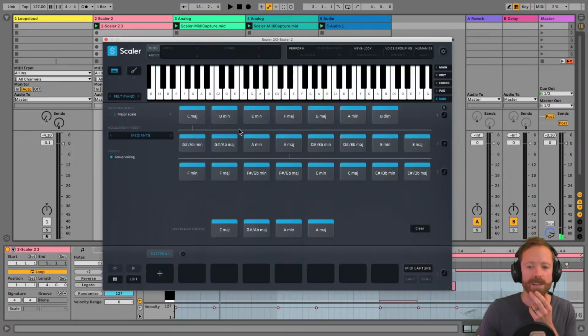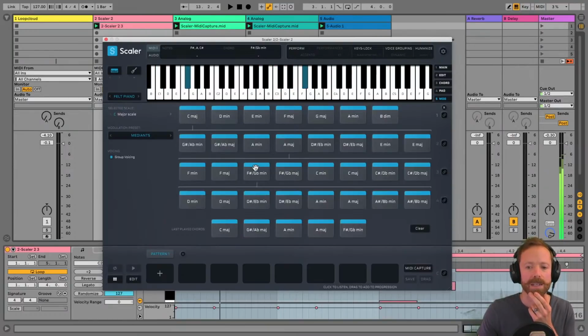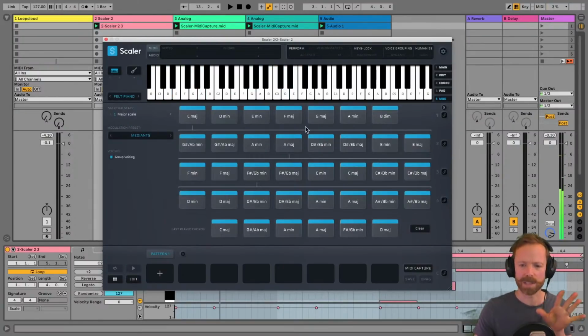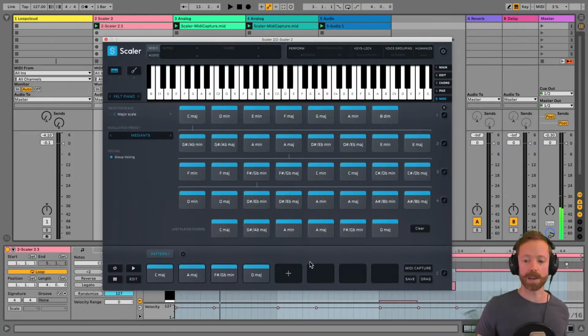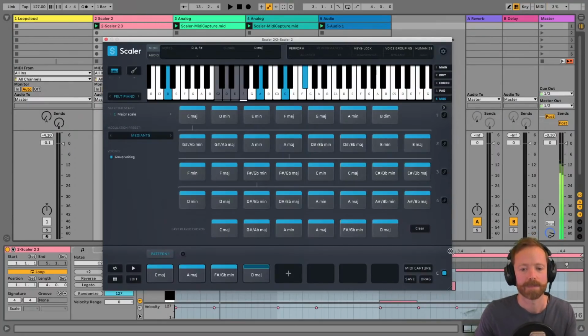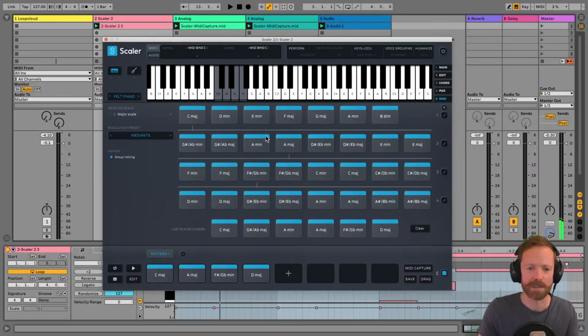Something a bit more radical like the A maybe. Then you choose that kind of pattern, maybe alternating between major and minor and picking some different notes there. And then once you've found the one you're happy with, you just drag it down into the chord builder. And then you create your first chords, which are a really exciting kind of progression.